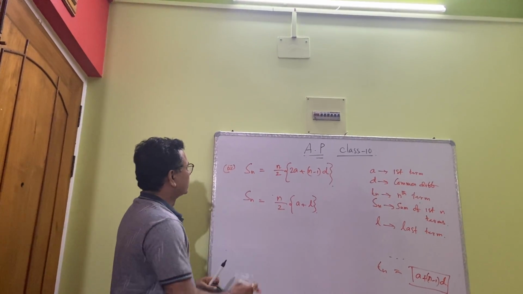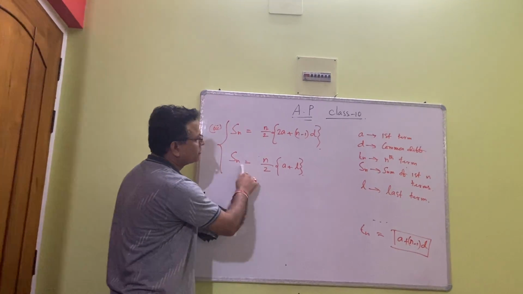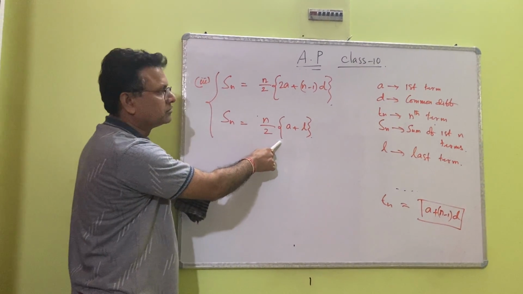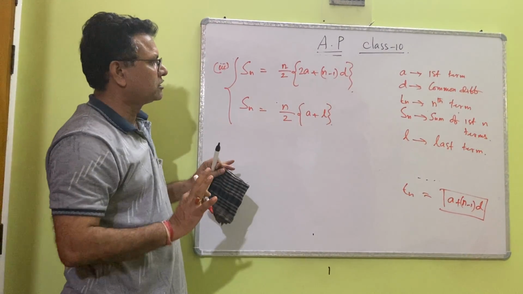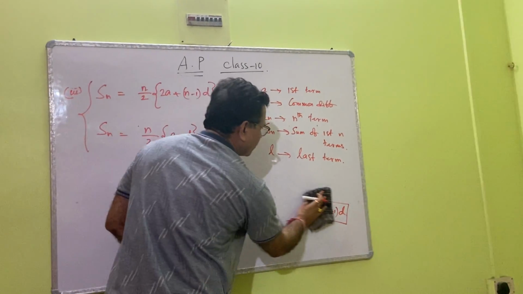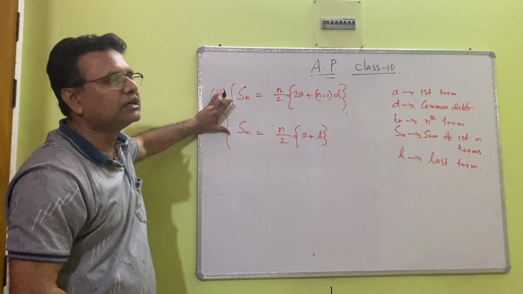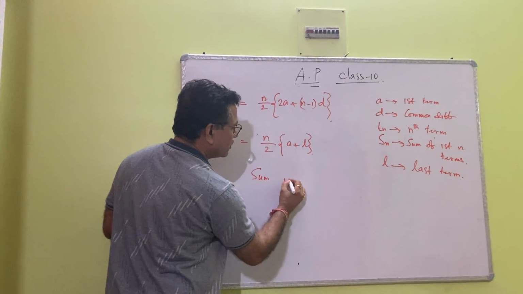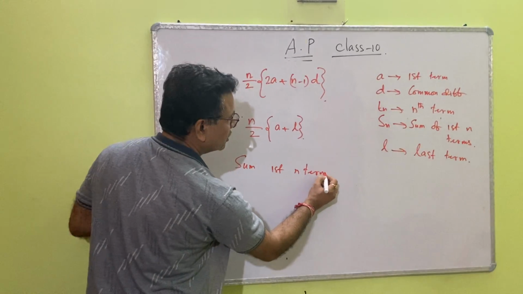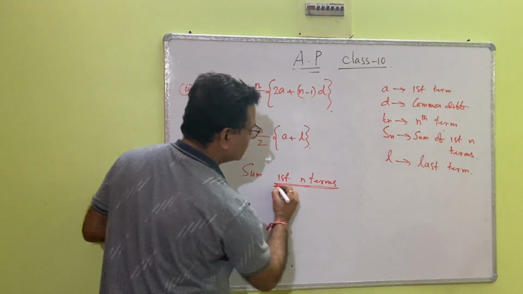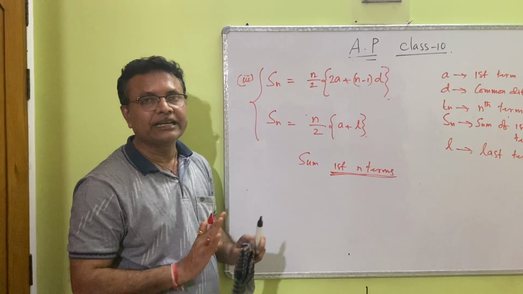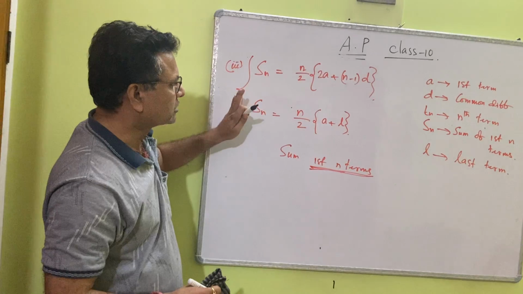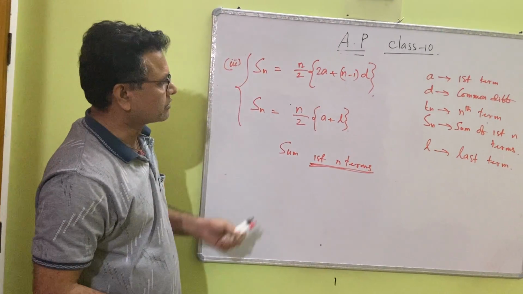So whenever you know the last term, then you can use this formula. And if you don't know the last term, then use that formula. So application is in your hand. This is the formula by which you can find the sum of, remember, very important, the first n terms, not any n terms, only first n terms. So this is the sum of n terms formula.